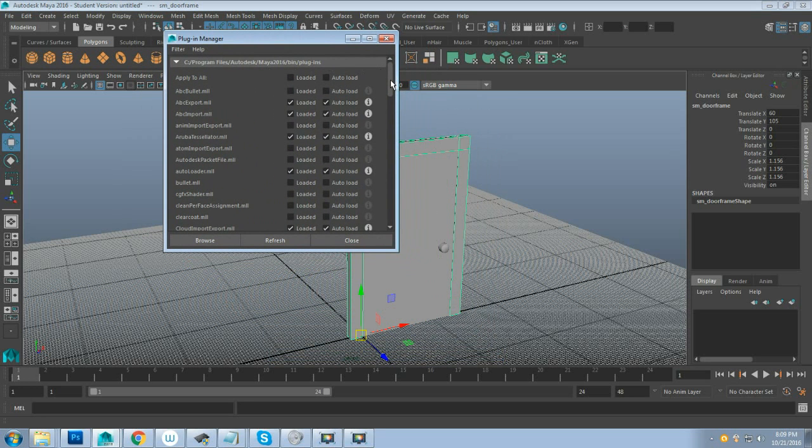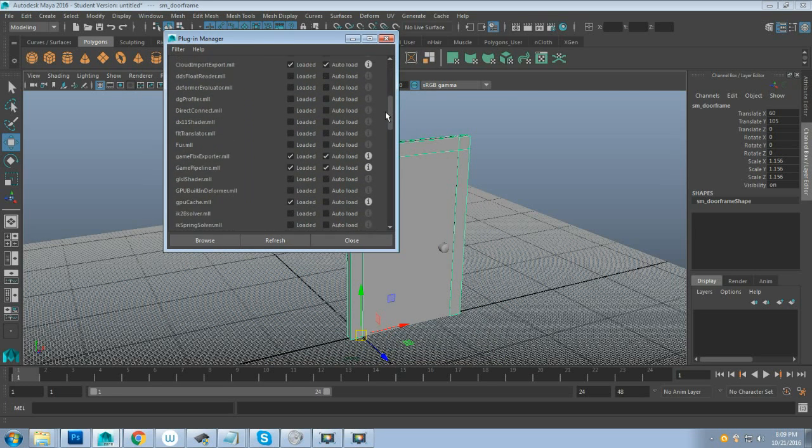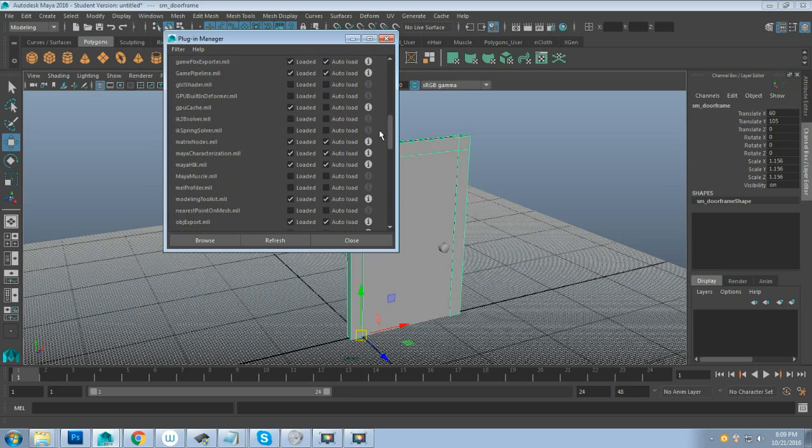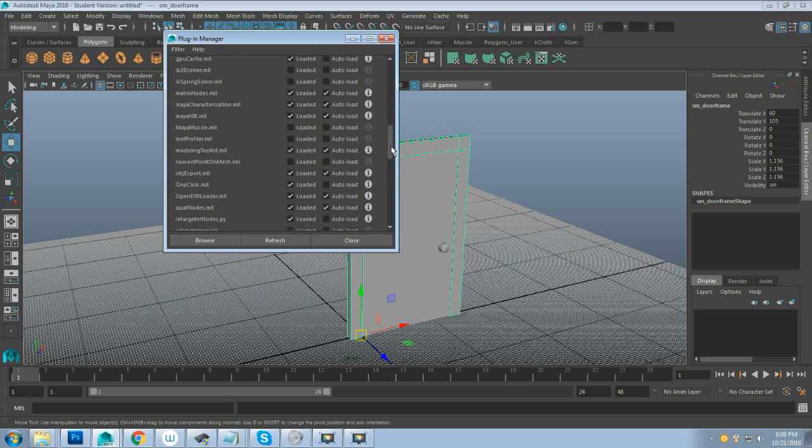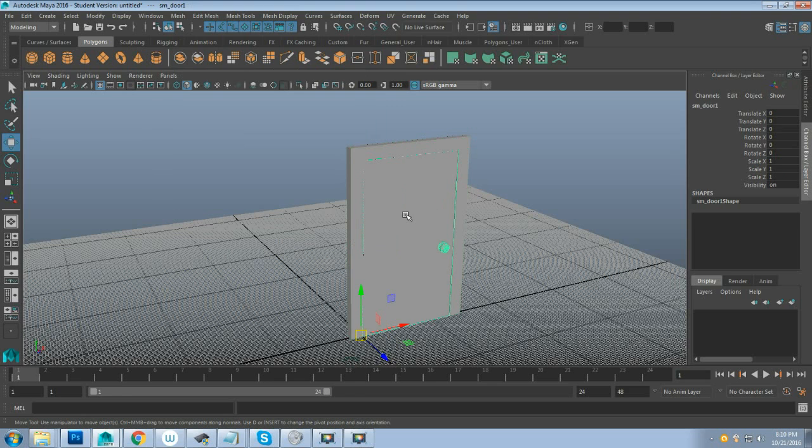And the reason I'm not using the FBX export as opposed to the other is I don't like the way it looks. Every time I use the FBX export, my textures get really ugly. And that's the only reason why I don't like using it, unless it's like an animated piece. So we want to come down to where it says objexport.mll and make sure it's loaded and auto load. Hit close. And we can select our door,